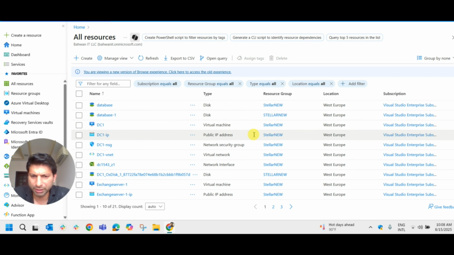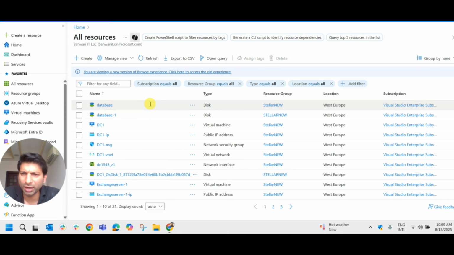virtual machine, public IP address, network interface. It can be your database, storage. It can be the storage account. So whatever resources you have, if they want to communicate with each other securely through internet or on-premise network, it requires